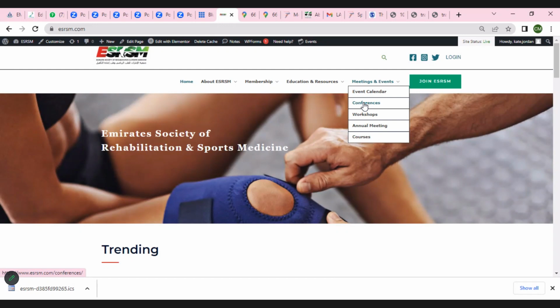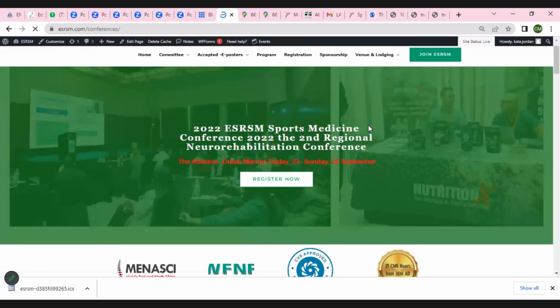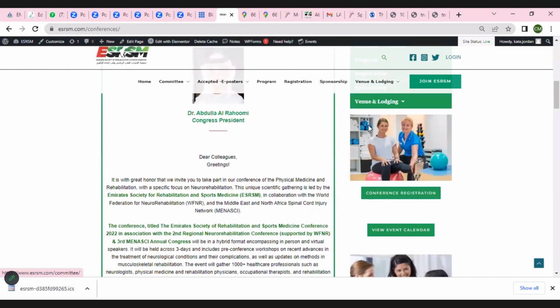Keep it annual conference, okay? The first tab, annual conference. Okay, annual conference and the content on it. So annual conference will turn into this page. Exactly. This will be annual conference.